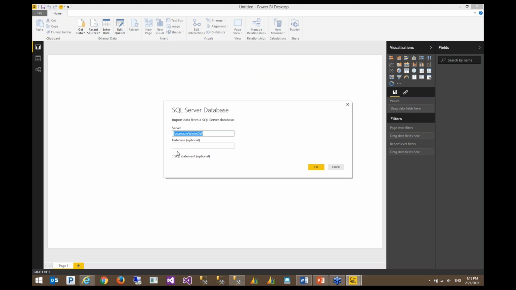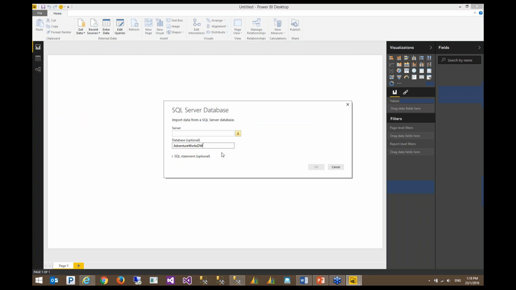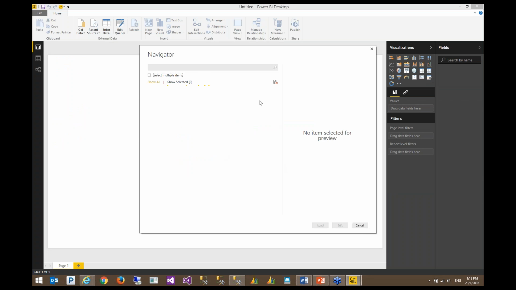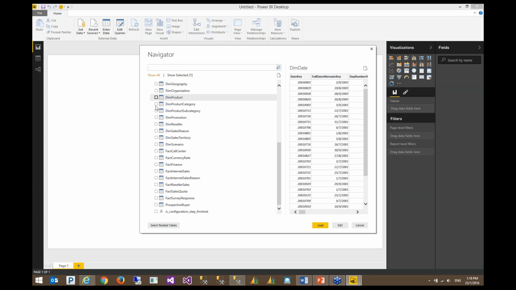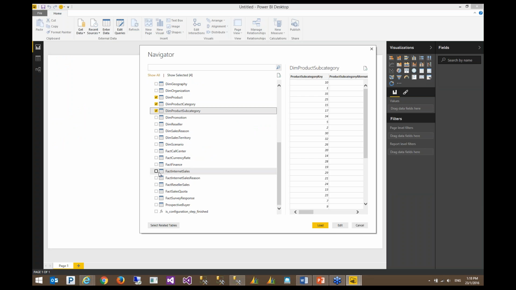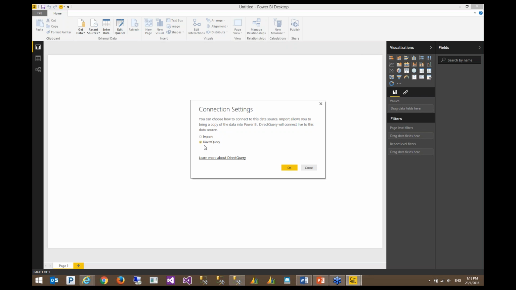Again, I need to enter server name. Again, selecting the same dimensions, fact internet sales, click on load, but this time I'm gonna select direct query.